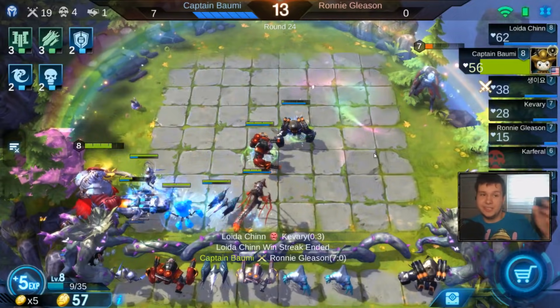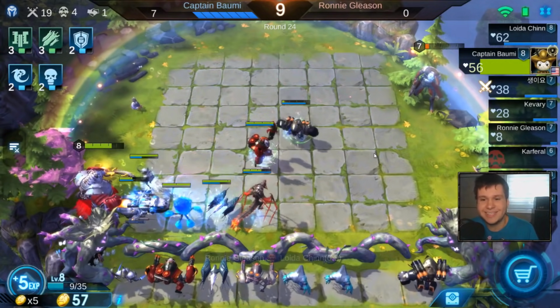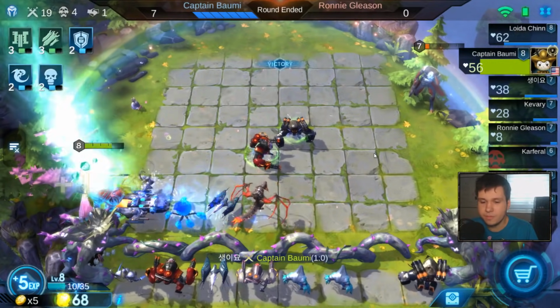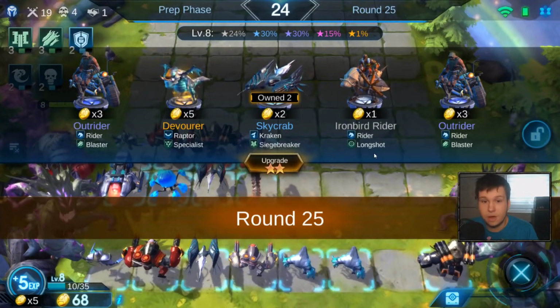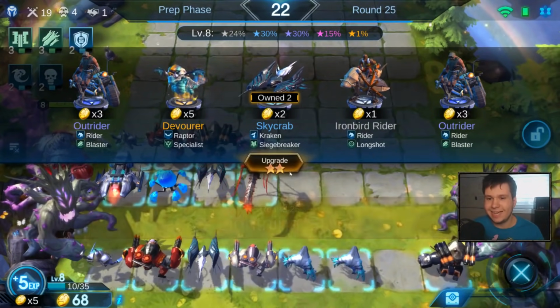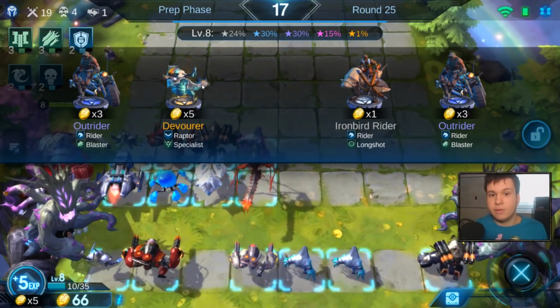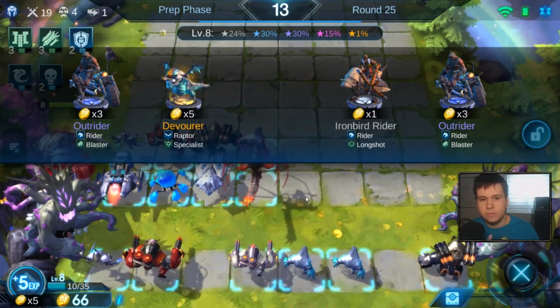We got good synergies, right? Look at our lineup. I love that. That's exactly what we like to see. We do a lot of damage. And, oh, how nice is that? Got ourselves a crab. And we could go for the Devour, which is a 5-star, or 5 gold,